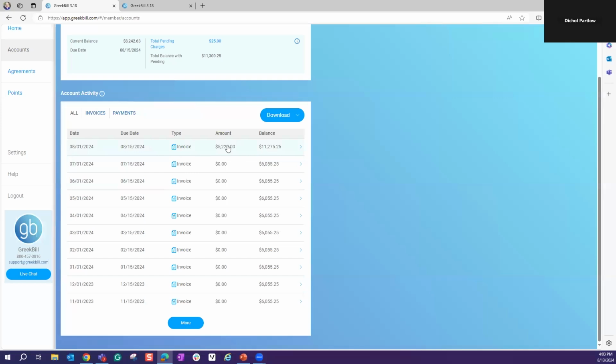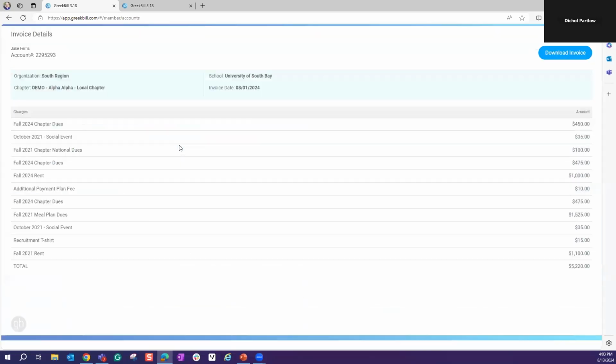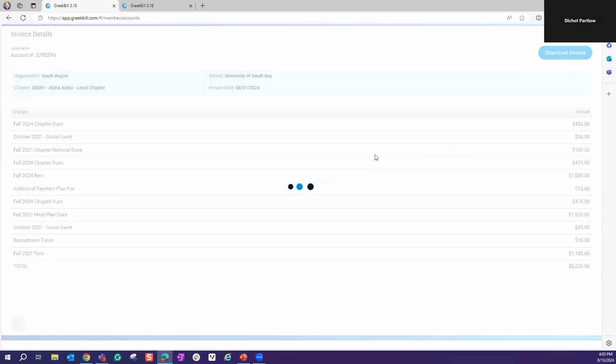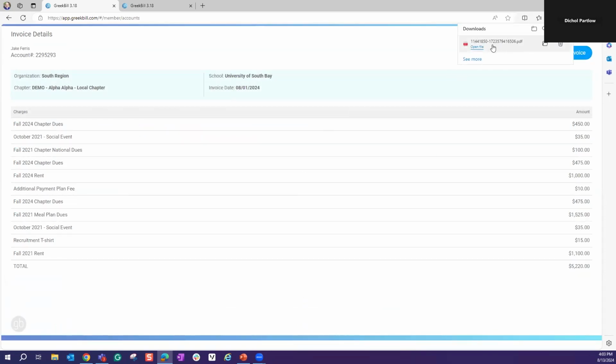This here is an actual invoice, it looks like, with the dollar amount that we can see. So if we click on the invoice, it will give us a breakdown of what actually has been billed to that member on this invoice. You can always download it if you prefer, and it will download into a PDF document. To go back to our main home page,